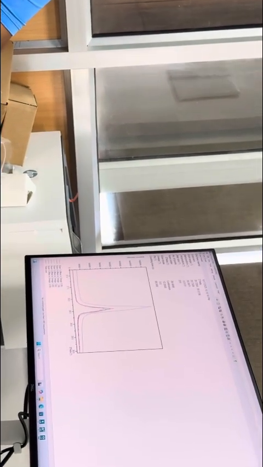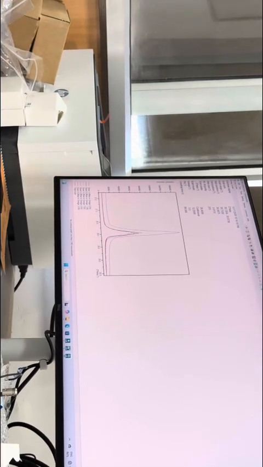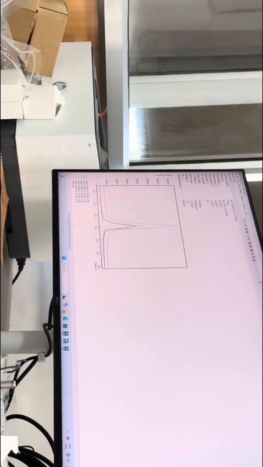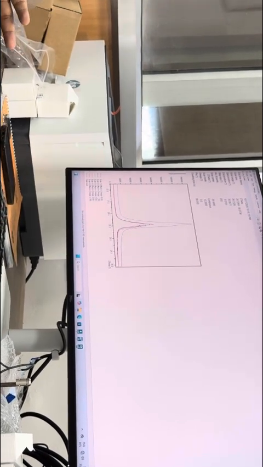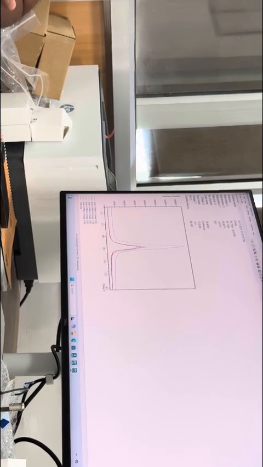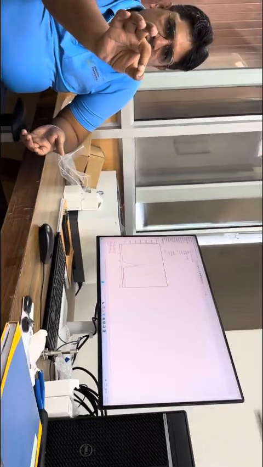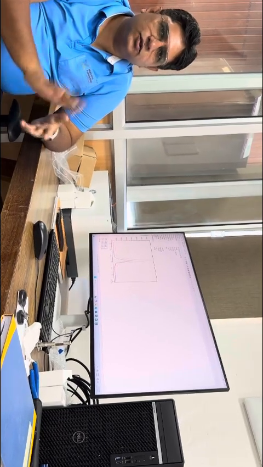Yes, sir. And one more question here. See, now spinning is 0. We didn't capture spinning, so can we do that on flat samples? The sample holder spinning will also average it out. Yes, you can do this exercise on flat samples. You have to put the silicon in the pin.